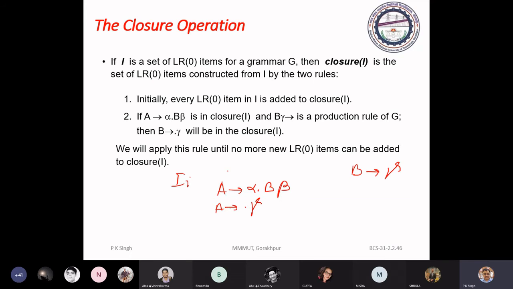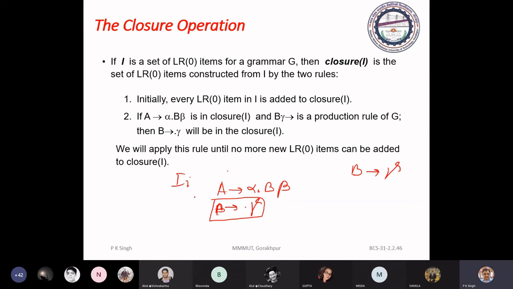What it means? This will say you are at this position of the parsing, just before B. If you are here, you must be here, at B to dot gamma. So if you are here, you can go for the parsing of this construct also. So this item is a closure item.